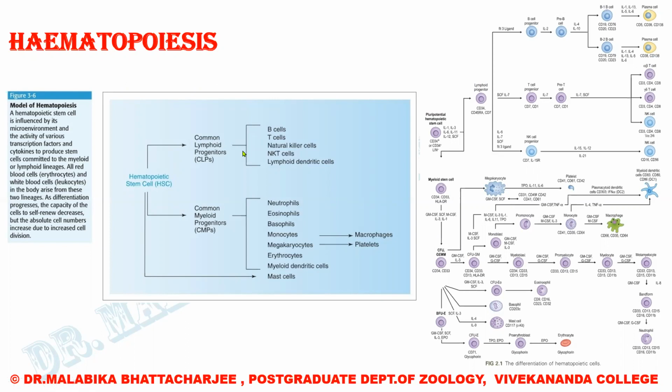Now let me tell you that you had studied that T cells are of the alpha beta category and the gamma delta category. So I'm just giving a very brief difference between the NK cells, the NKT cells, and the gamma delta cells. The NK cells, the NKT cells, and the gamma delta T cells of the lymphoid progeny are considered to bridge the gap between the innate and the adaptive response.